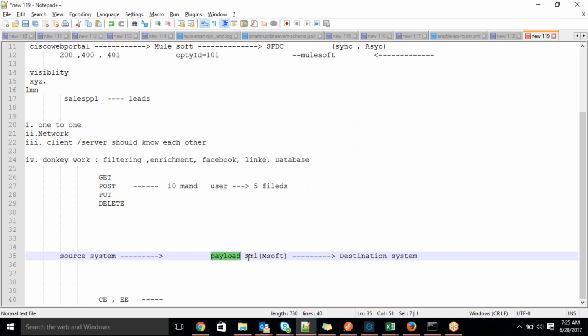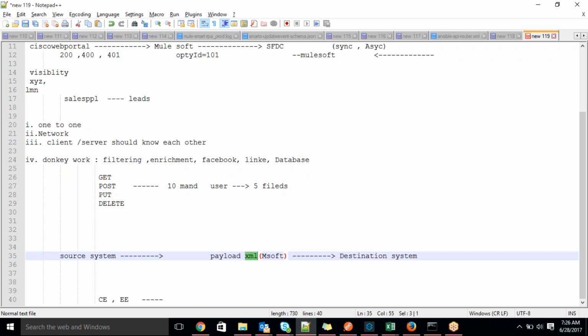Suppose I am getting an XML and I want to convert it into JSON format, or convert that XML into a map, or a list of maps. For that we already have a transformer. Worst case, if the built-in transformer does not support it, we have a Java transformer, a Groovy transformer, and also a Python script.